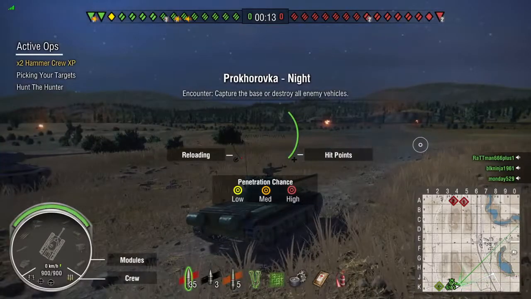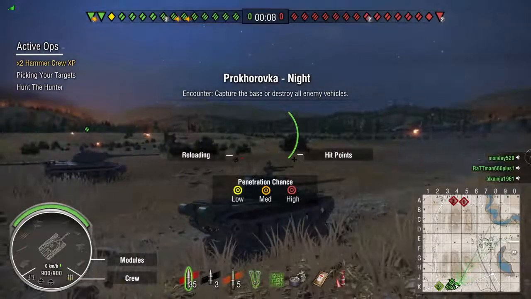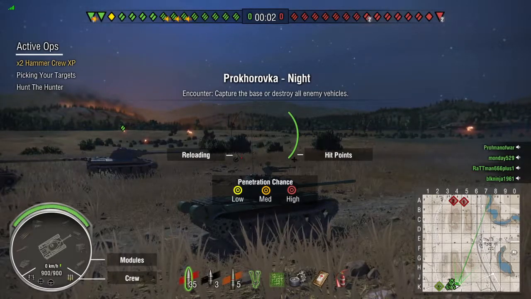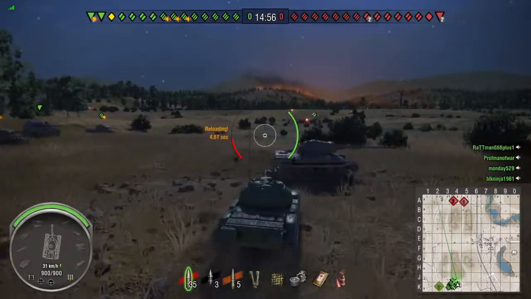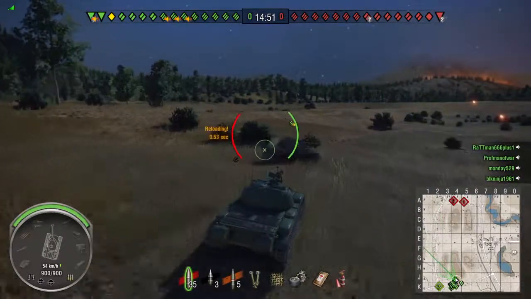So in this first replay, we're on Prokhorovka, and this tank is great for spotting and just doing pretty much assisted damage. Or if you got some good flanking shots, you can put some side shots into enemies and do some damage like that. Now the WZ-131, I've got it fully upgraded as far as you can right now, and it has a 100mm